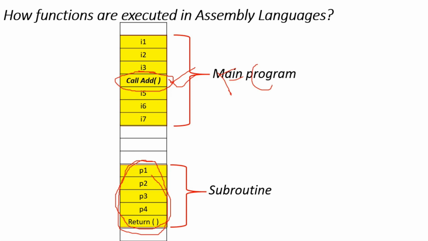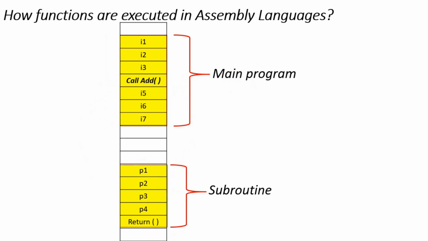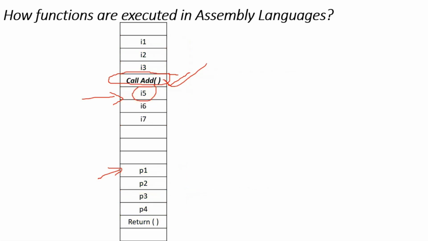Function call is nothing but an instruction which informs the processor that the straight line sequence has to be stopped and the processor has to fetch a subroutine, execute the subroutine and come back. So that is called function call. One more important terminology is the return address. See what happens is when the function call is written and the processor understands that it has to execute P1, that is a subroutine, but not I5. The next instruction after the function call that has to be executed is P1 but not I5.